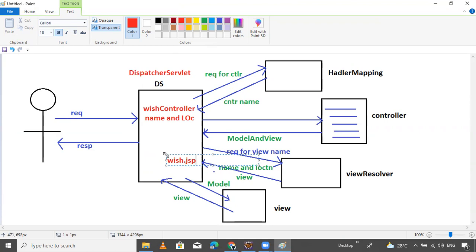In my case, it returns wish.jsp, and the location.